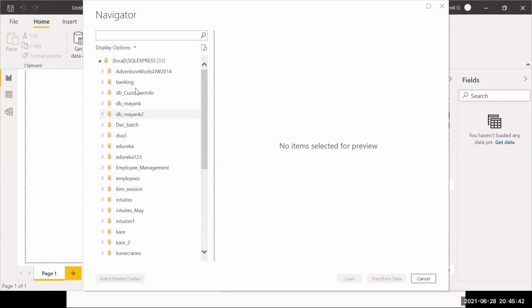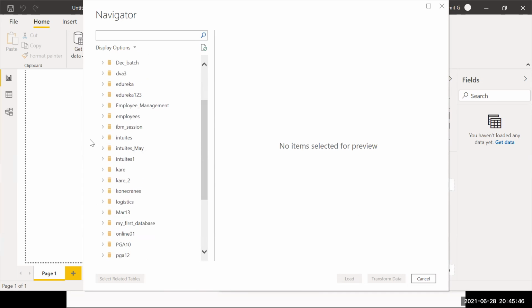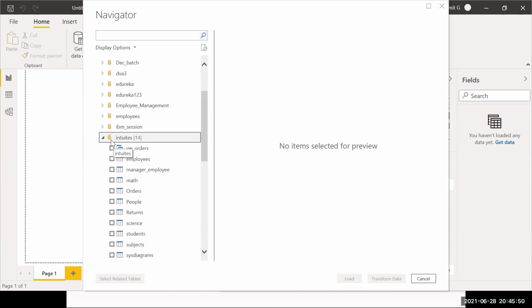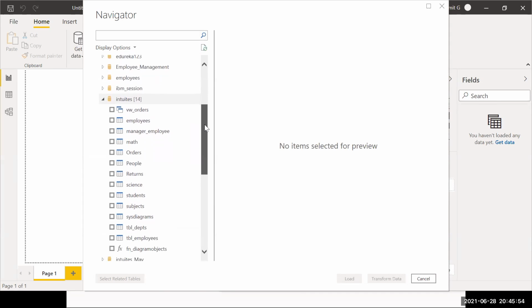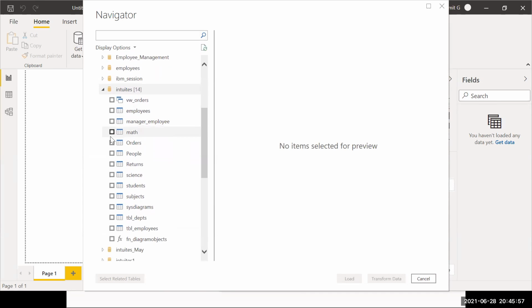see, it starts showing me all the databases that we have on that server. Just like Excel, you click on the database where the table is. So you open the database. Suppose you want to load the data of orders.